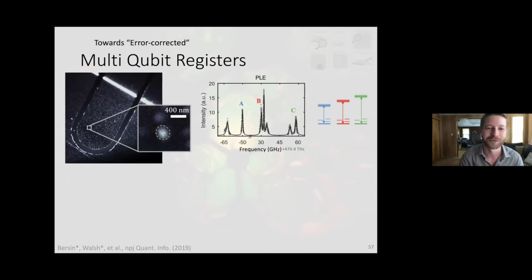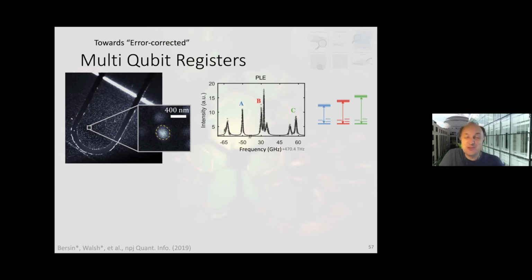And then using those 3 emitters, in theory, you could start, well, 3 is probably not enough, you need a little bit more. But you could start to build up this really local set of qubits into a more logical qubit in your network that is error corrected, potentially. There's a lot of steps between getting from multiple nodes in a diffraction limited spot to an error corrected node, but maybe that's for another time too.